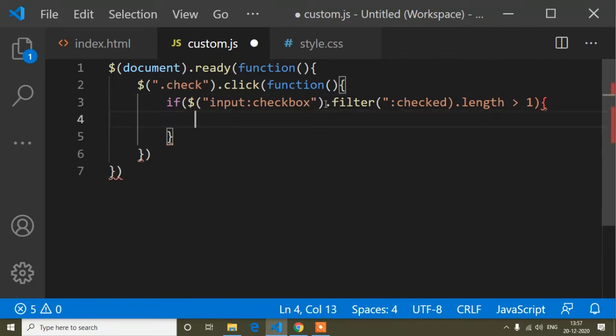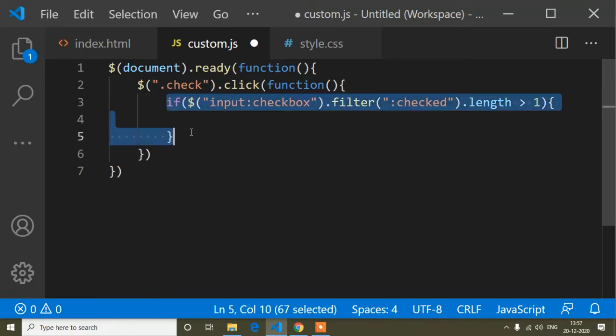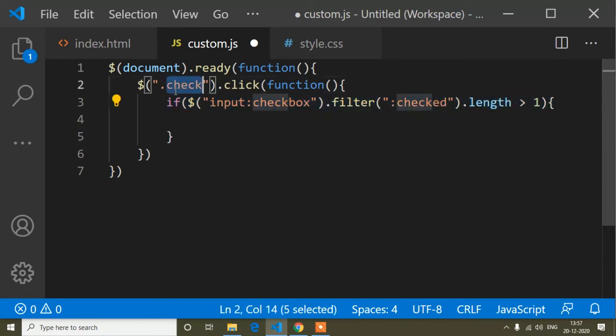So here I have made a mistake with the brackets. Okay, so now it's the bracket, not the inverted comma. So now it's done. That means now I will explain what I have written here, that is check.